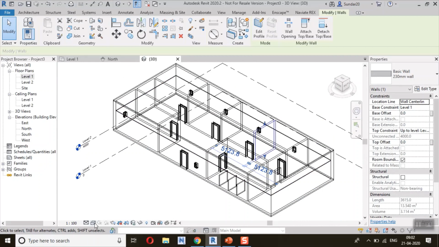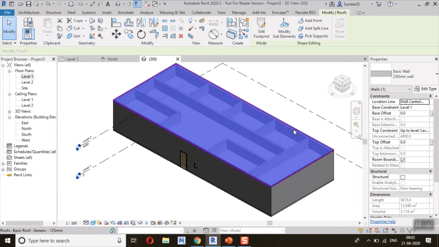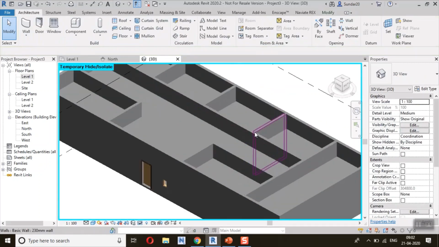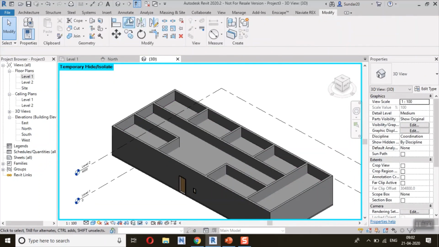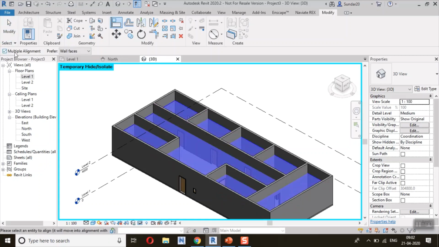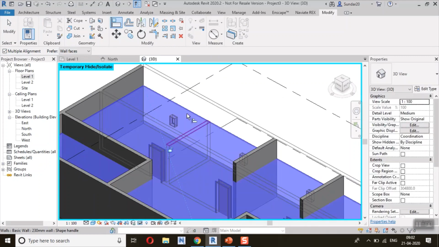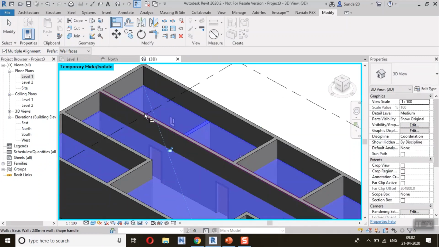Okay, change into shade blue. First step, you have to align the roof. Now I'm using the align option. Align, select your ceiling, enable the multiple alignment option, and select the walls.